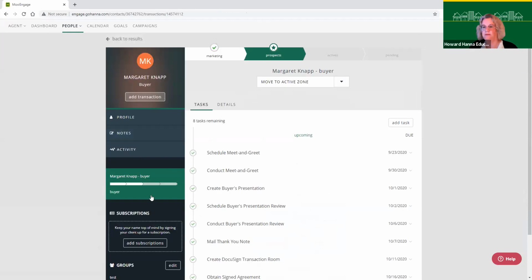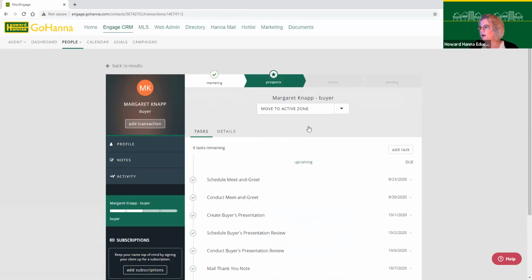here. I got a green box. It said buyer. And if I click on that green box, it's going to bring me to this screen. So in my transaction, now this is where the sales flow comes in, and where earlier we had talked about this gear. So you have this gear for engage settings,